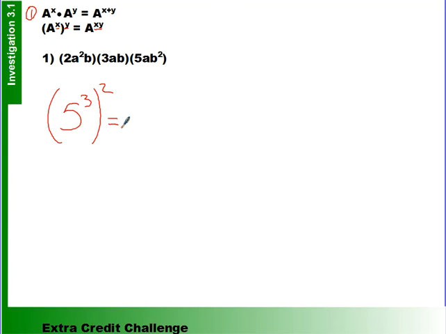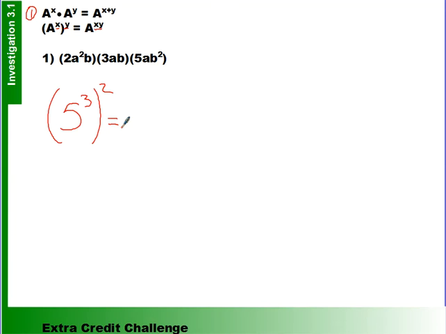All right, so 5 to the 6th. We want to rewrite this in exponential notation. Yes, many of you have jumped ahead and applied the rule, and that's great. But how will I break this apart in exponential notation? It is really not too difficult here, folks. If I have 5 to the third squared,